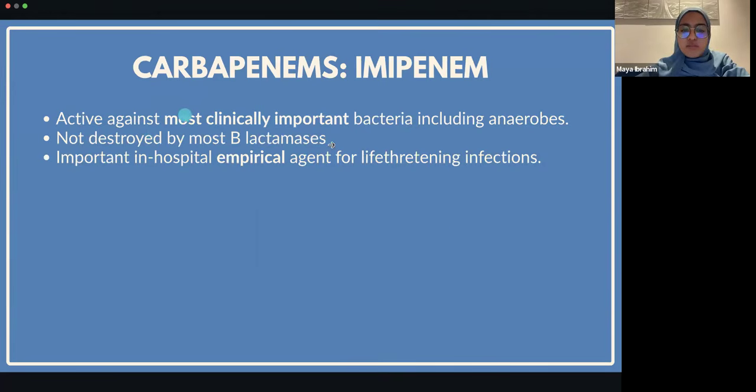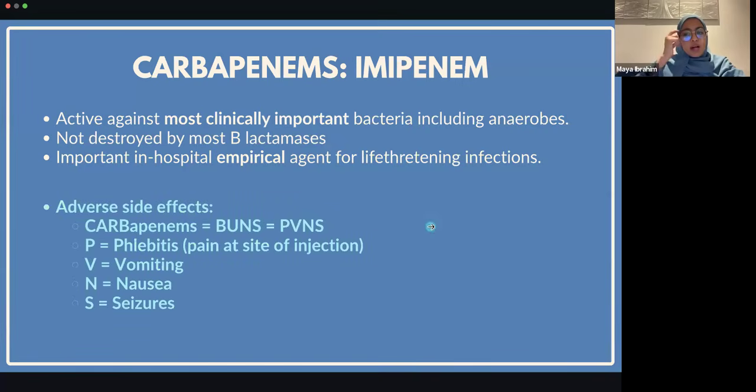Now, it's active mostly against clinically important bacteria, including anaerobes. It's not destroyed by most beta-lactamases, and it's an important hospital empirical agent for life-threatening infections. Empirical means that you don't know what the infection is, but you're just trying to cover the most out of it. So this drug covers a lot of clinically important bacteria. So that's why we use it. And we only use it when we actually do know